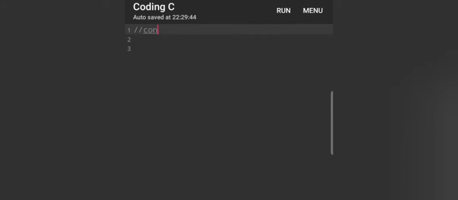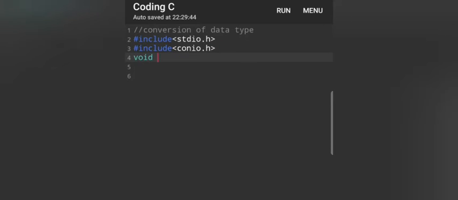Now we will be starting with our third question, in which we will be seeing how to convert the data types. We will be starting our program with #include <stdio.h>. Then we will be writing #include <conio.h>. Then we will be writing void main(), and then we will be making use of opening curly braces